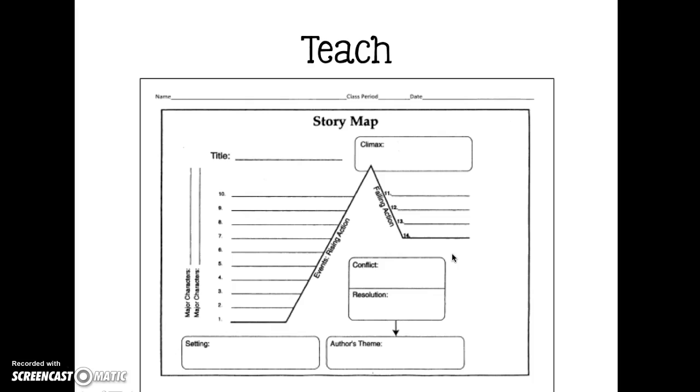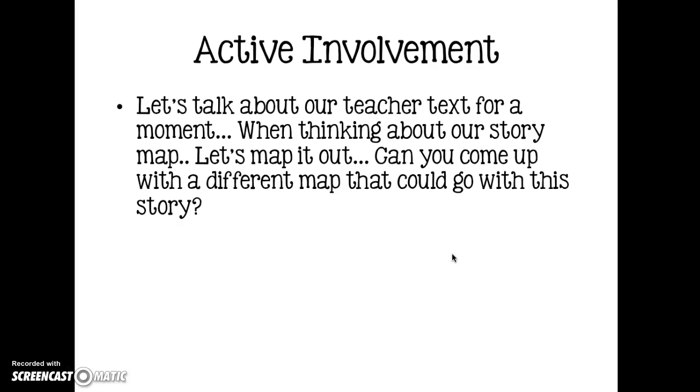So what I want us to think about today, and we're going to do this as a class, is we're going to think about our teacher text for a moment. So when thinking about making a story map for that one, we know that Sophie is a little girl and she really wants a puppy. So she does all of these chores and all of these things to show her parents that she's responsible. But they continue to say no